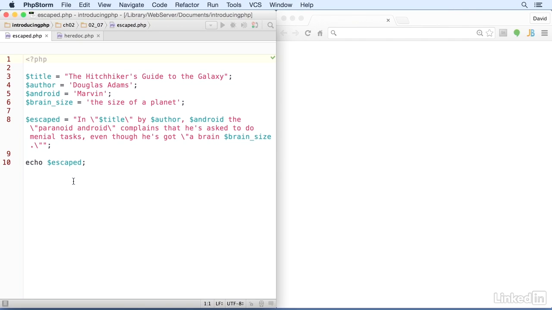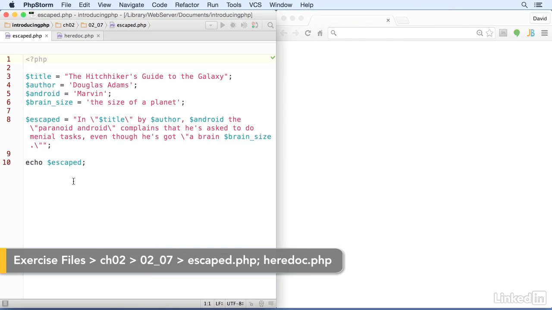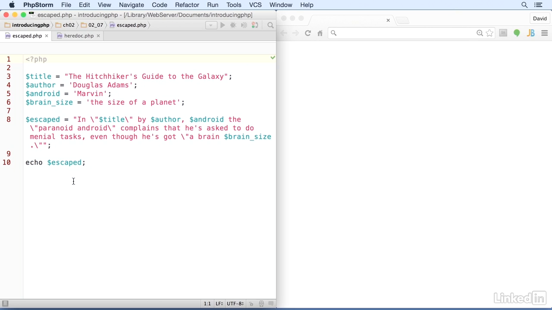Sometimes you need to construct a string that contains a lot of quotation marks, for example when building an SQL query to submit to a database. The need to escape nested quotes means the string can quickly become messy, hard to read, and equally hard to maintain. I've got an example here in this file, escape.php, which you can find in the chapter 2,